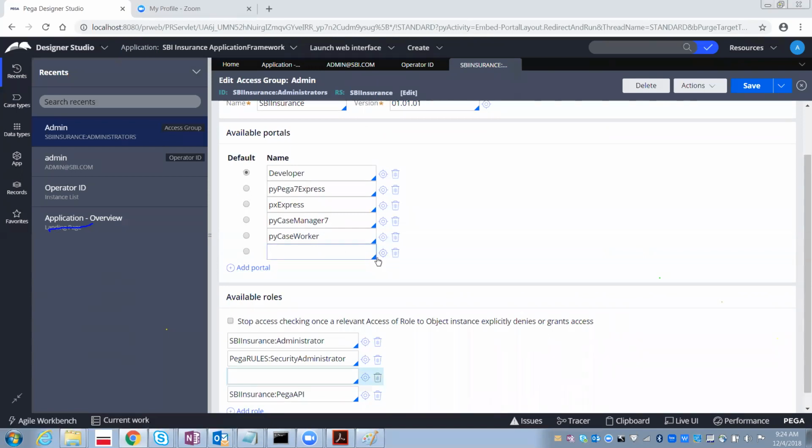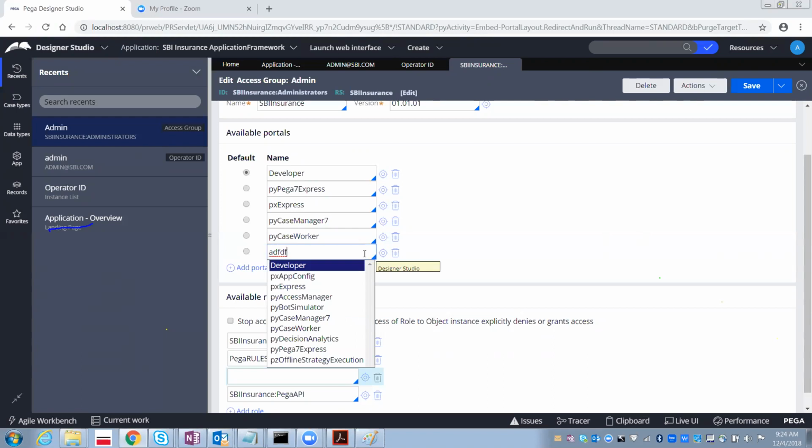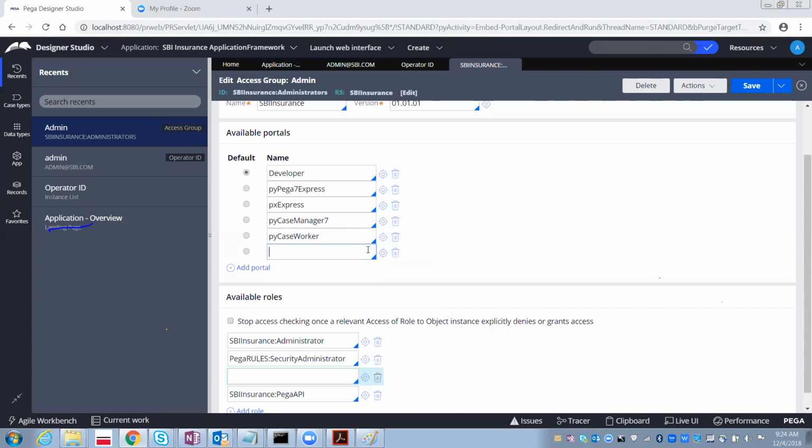So I hope you all remember, I said about this text box with a small right side corner, blue color option. So what is this called? This is the autocomplete. That means when you are typing something, if you press the down arrow, it will come like this. Just place your pointer in that autocomplete and press the down arrow. It will show you all the available options in this particular text box. So from this also we can select something. Okay, if you want to add any other portal for this person, you can select that here.